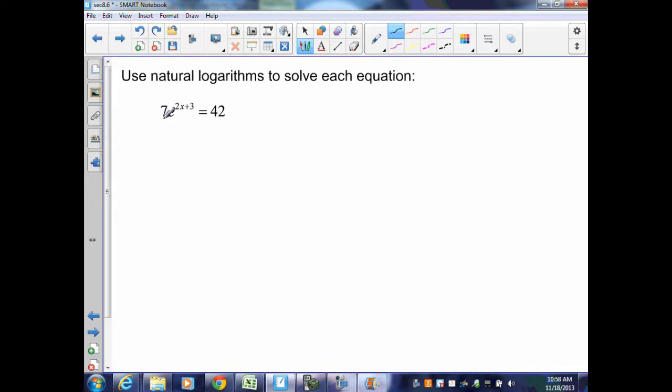In my last example, I have 7e to the (2x plus 3) equals 42. I'm going to divide both sides by 7. That gives me e to the (2x plus 3) equals 6. Now I'm going to write that as a natural log. That's going to give me ln of 6 equal to 2x plus 3. And I'm going to approximate ln of 6 to be